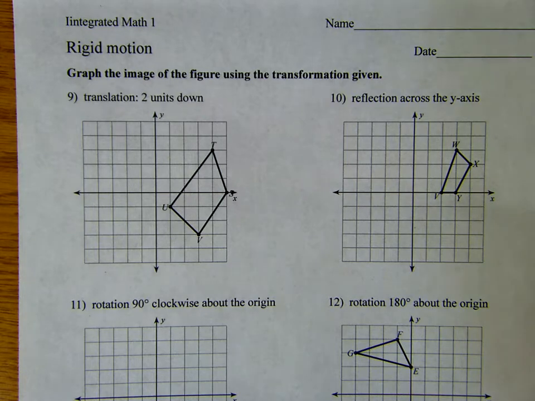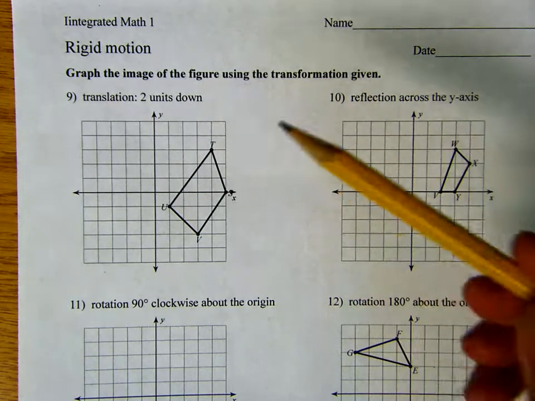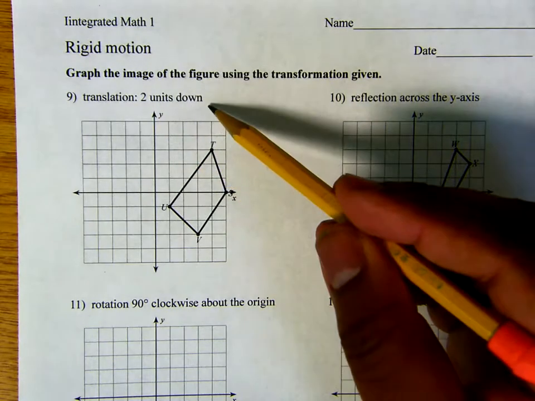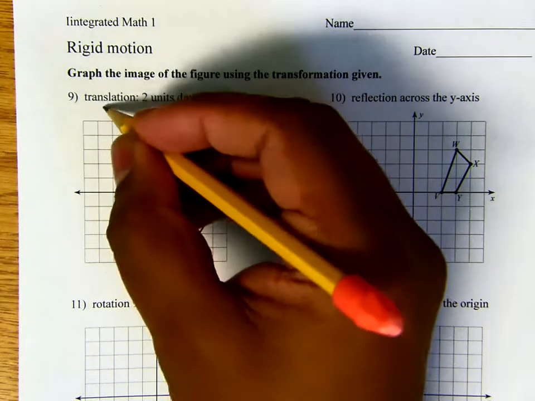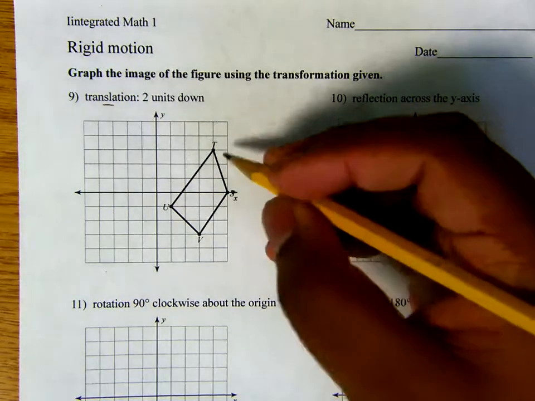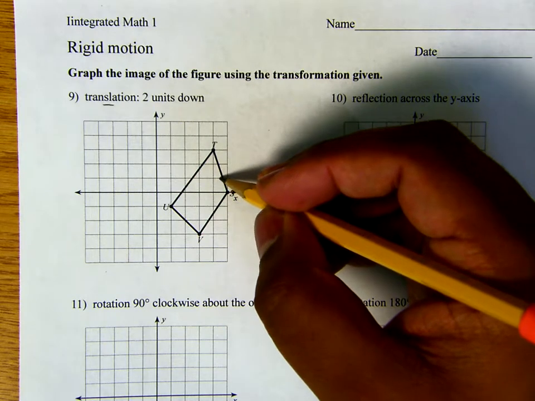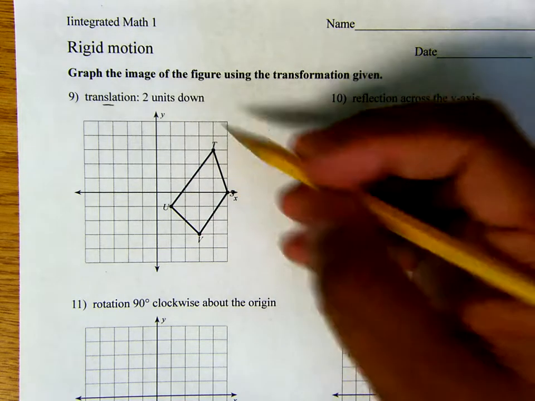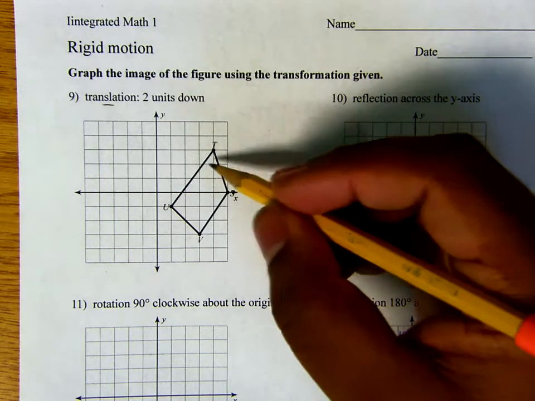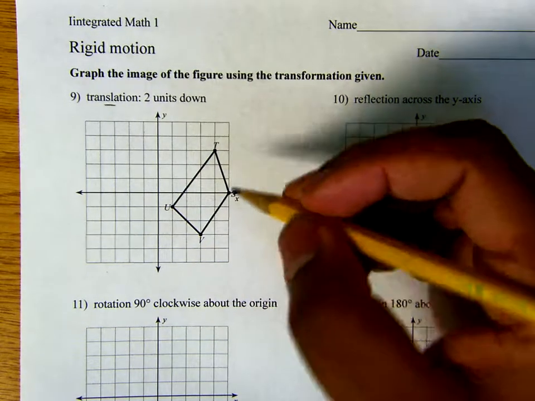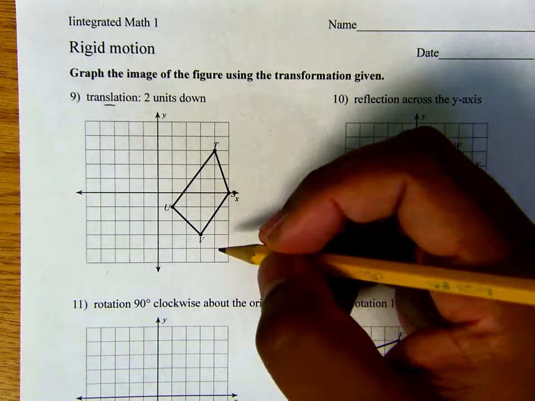So to do a translation, what you want to do is take a look at what the translation is asking for. In this particular case, we have 2 units down. And with a translation, it is a slide, SL for slide. So you would slide down 2 units, and you could also slide left and right, but this one's only asking for you to slide down 2 units. So what you want to do is take your original image, which is U, X, T, and V here,